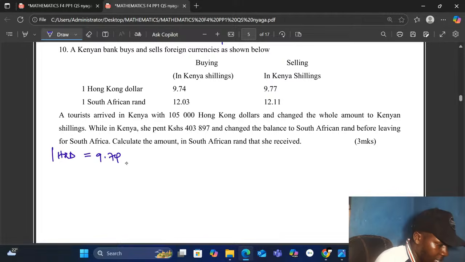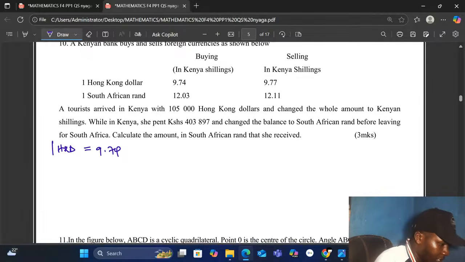We shall use the buying column. Then she arrived with 105,000 Hong Kong dollars. So that means we shall have 9.74 times 105,000,